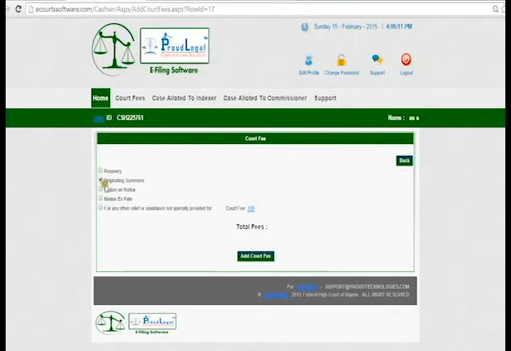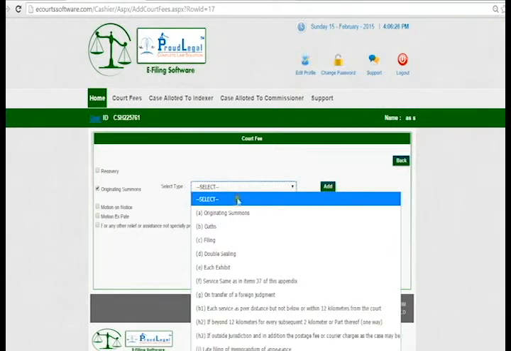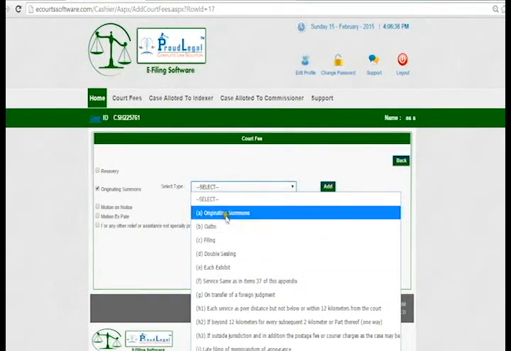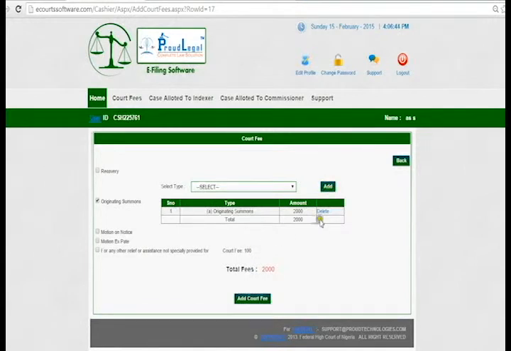So when I click on the originating summons, automatically this drop down box will appear, and select what kind of fee it is, like it's originating summons. Just click on the add button, automatically this court fee will be added. So the cost of this court fee is 2000.